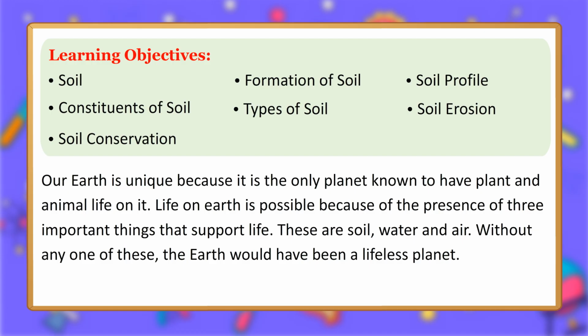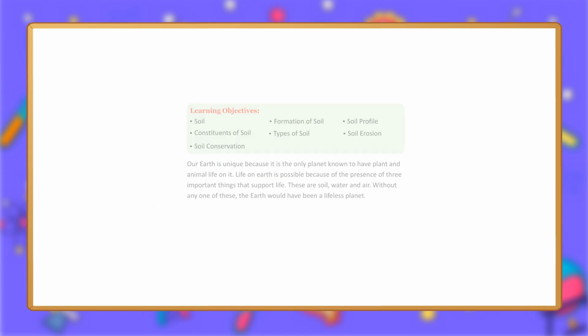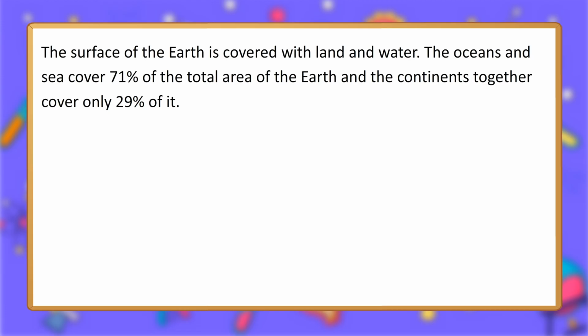life on it. Life on Earth is possible because of the presence of three important things that support life. These are soil, water and air. Without any one of these, the Earth would have been a lifeless planet. The surface of the Earth is covered with land and water. The oceans and sea cover 71% of the total area of the Earth, and the continents together cover only 29%